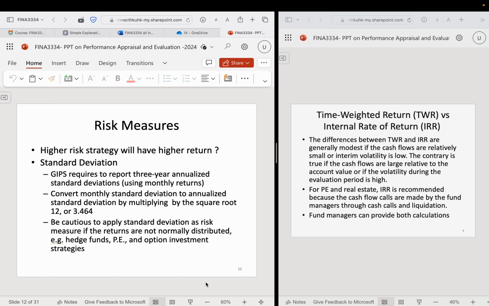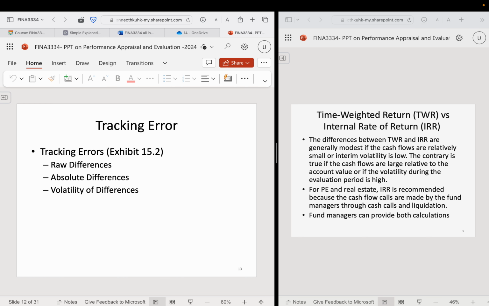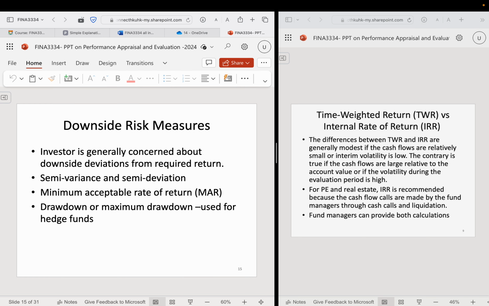Especially in the hedge fund market, we always want to know what the downside risk of the market is. Think about why we want to know about the downside risk. If you lose 50% in year one, in one period of time, how much do you think you would have to gain to get back your principal? 100% gain.